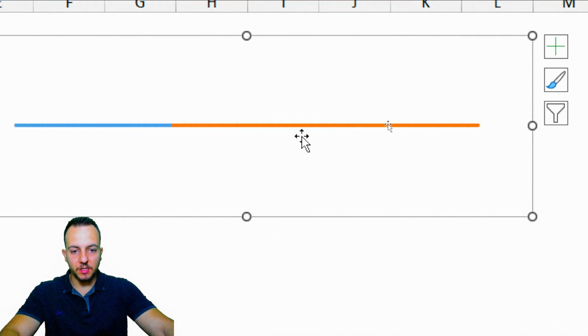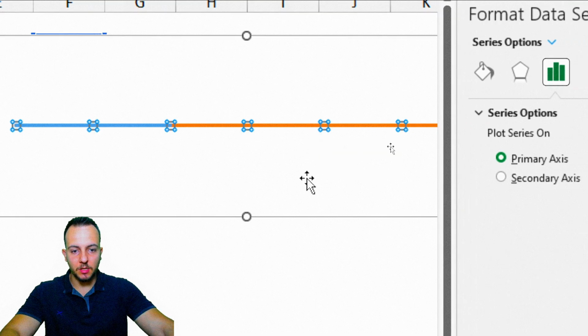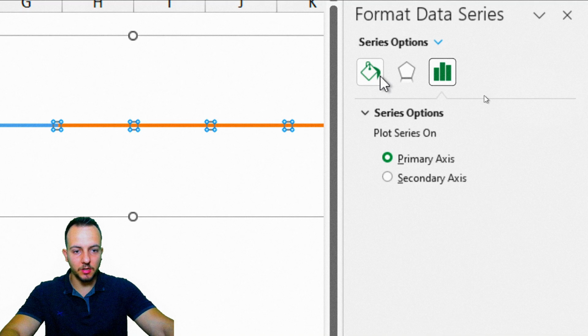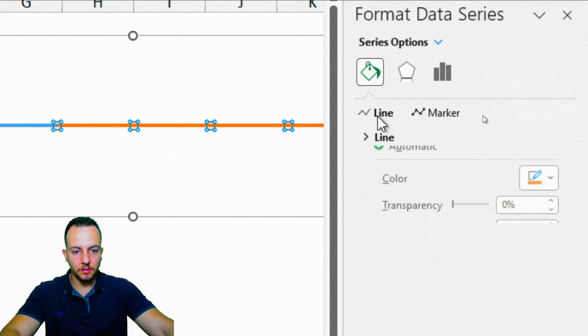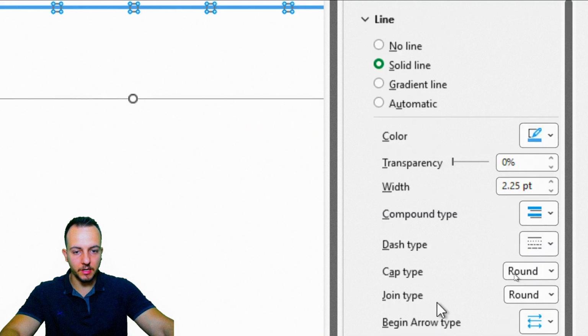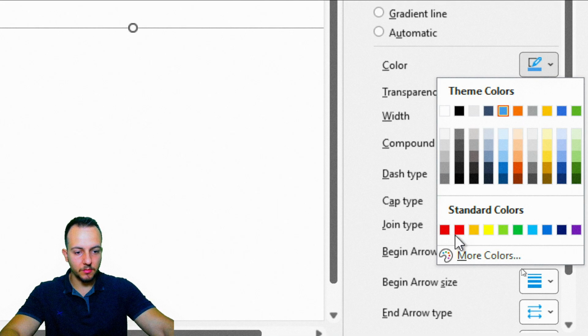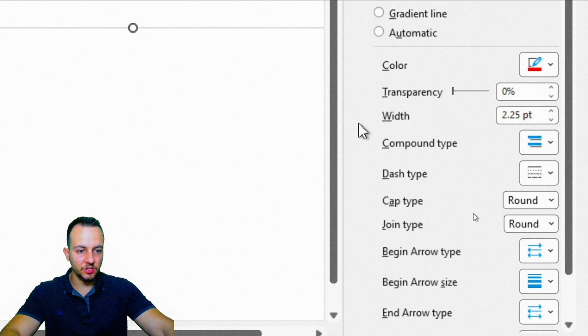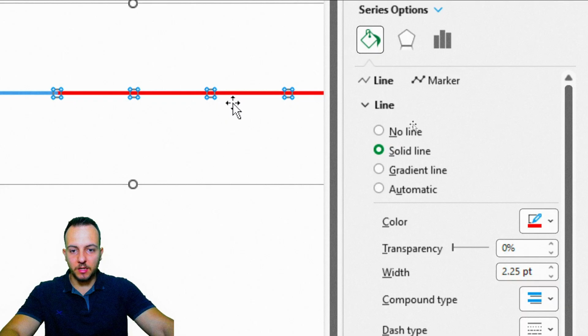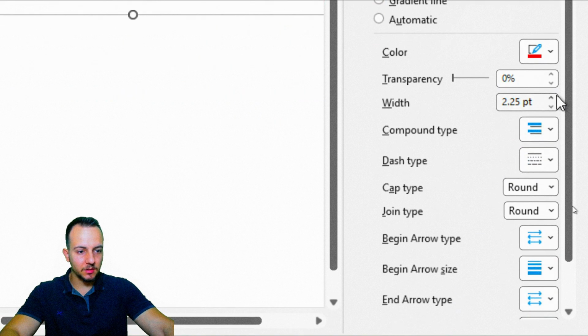Let's start with the orange line. That is, the orange line is going to be the red one, okay? So let me click here in the fill line. I'm going to choose line, solid line, and I'm going to stick with a red color or a reddish one. I think the line is a little bit thin. We can make it thicker. Maybe the width, I can choose